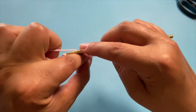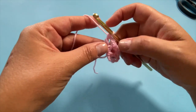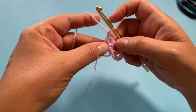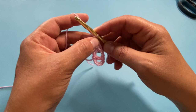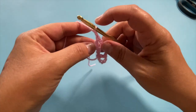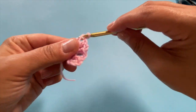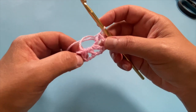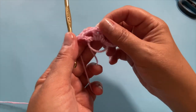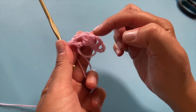I'm always working over the tail as well. It's going to be really important. We're going to need that tail to cinch in our work. So we've got 1, 2, 3, 4 double crochets. We need 5 in total. So we're going to chain 2, 1 and 2. And we're going to do 1 more double crochet into the ring here. Just like that. Okay, and then we're going to chain 2 one more time, 1 and 2. So essentially for our 5-pointed star, we want to have a double crochet and a chain 2 5 times into